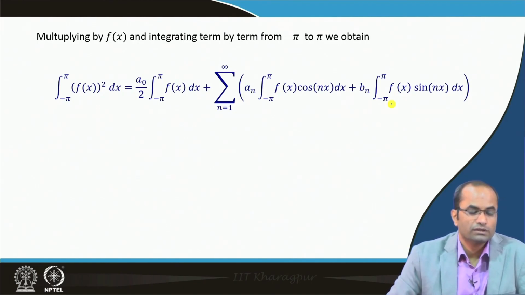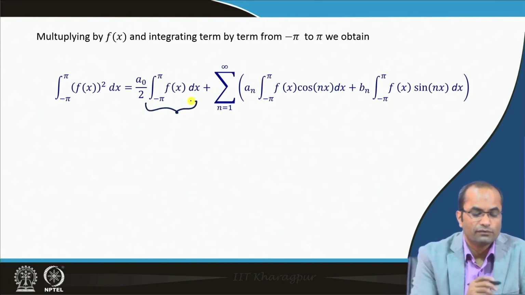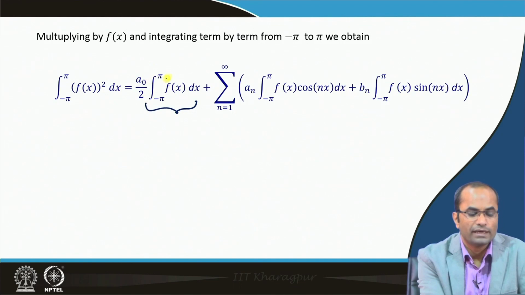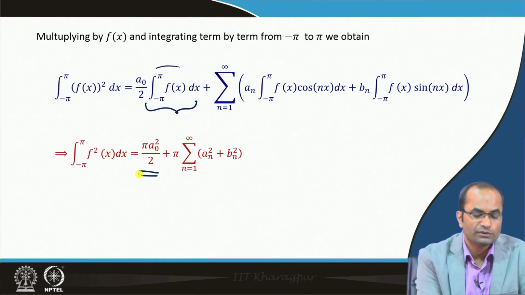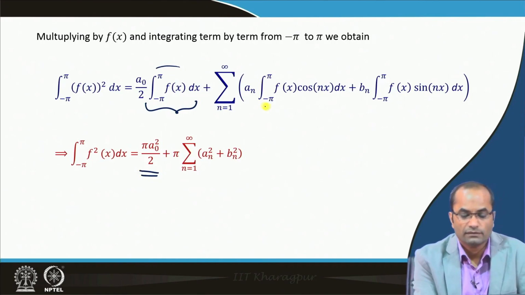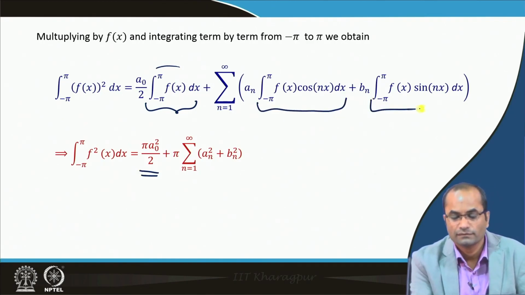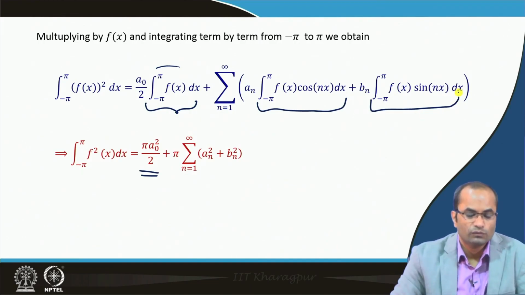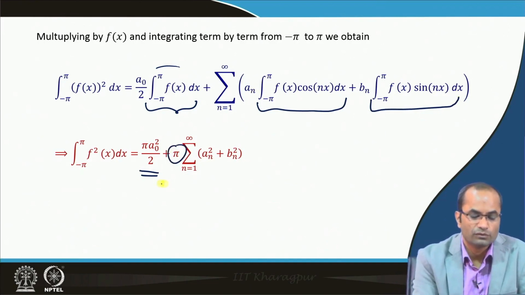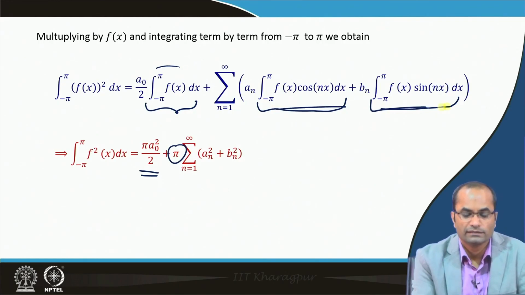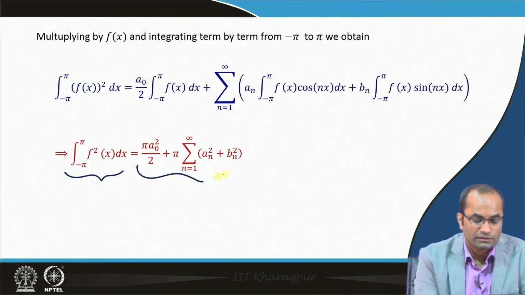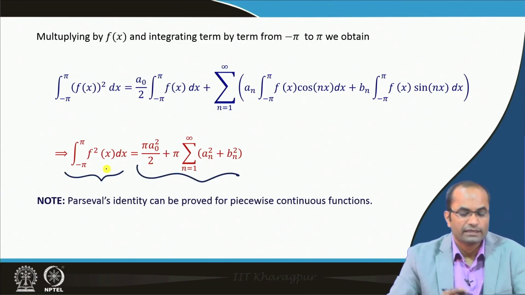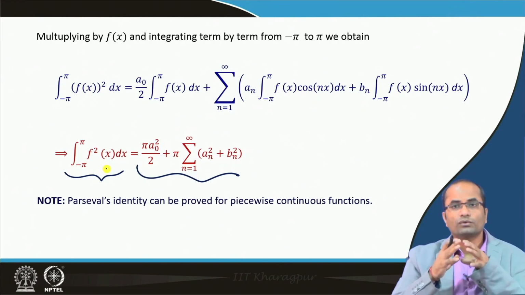Again we can use the definition of the Fourier coefficients, with 1 over pi, so we have pi and then this will become again a naught. So, a naught square by 2, and then here we again use the Fourier coefficient with this 1 over pi. The pi will come outside, then this is again a n and this is also b n. So, we have this equality, and if we divide by pi, we get the so called